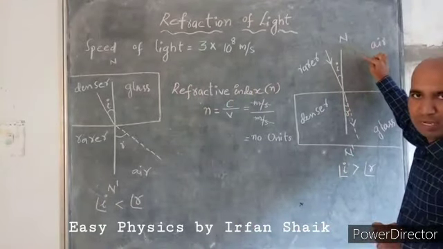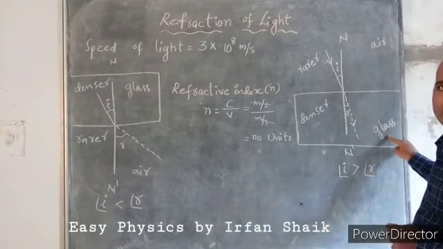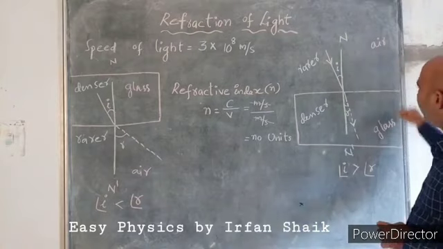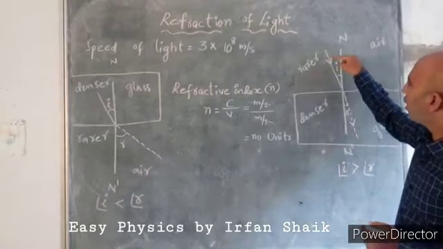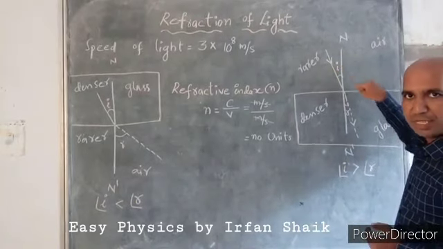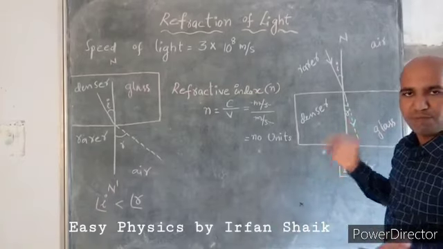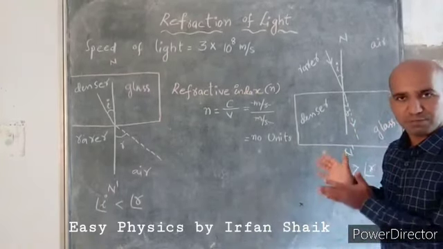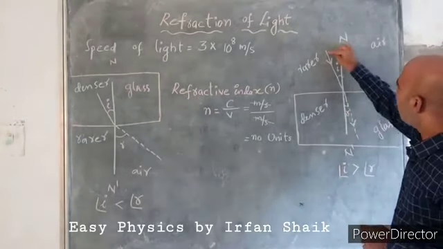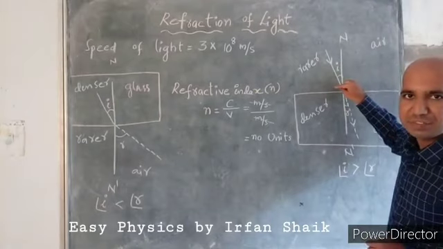That means when a light ray is traveling from air to glass. So we have two different mediums. In this case, the light ray is traveling from air and it is entering into the glass. What happens? Before going to that, let us try to know a few basic concepts of this topic. This light ray which is traveling is called the incident ray.